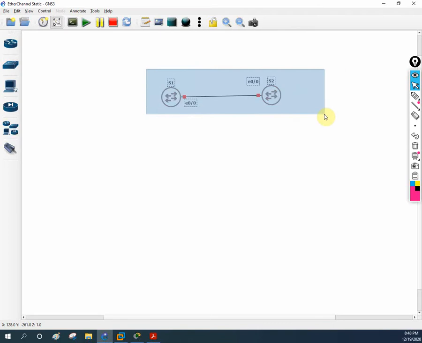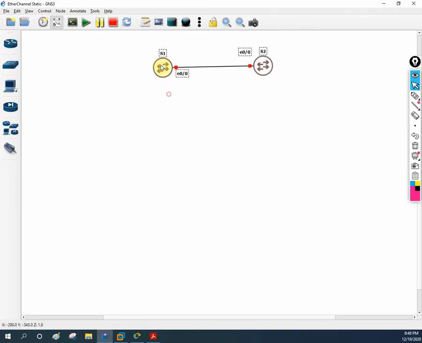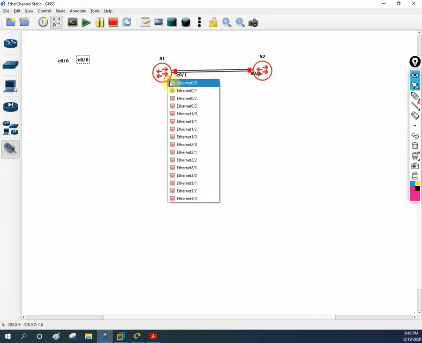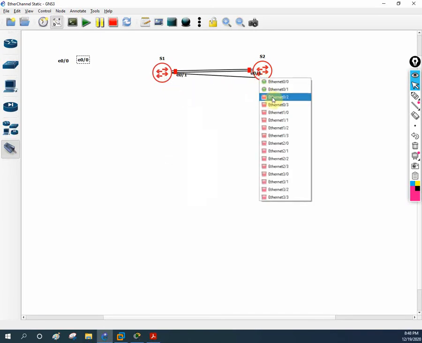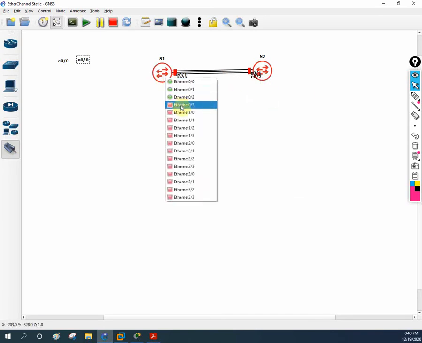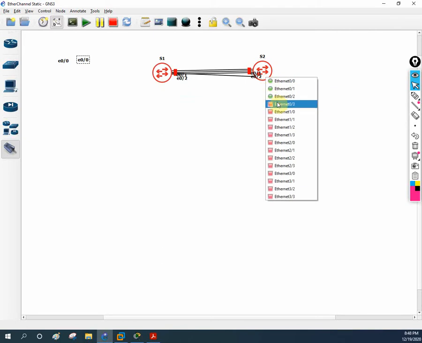We have E0/0, then E0/1, E0/2, and E0/3.